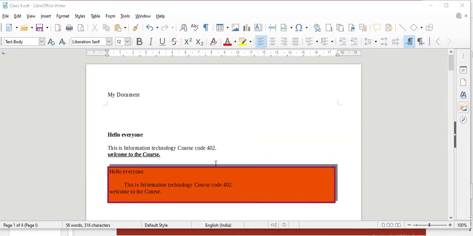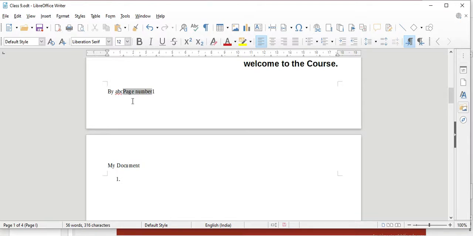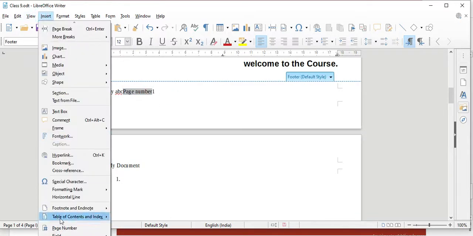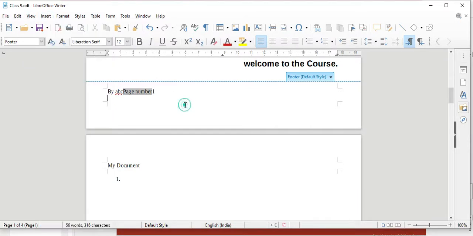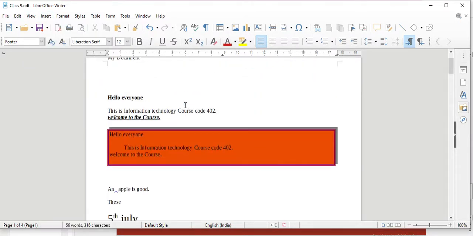You can add your page number in your footer by directly selecting footer, go to the Insert and page number. Like that you can add heading in chapter name in your header and page number in your footer.